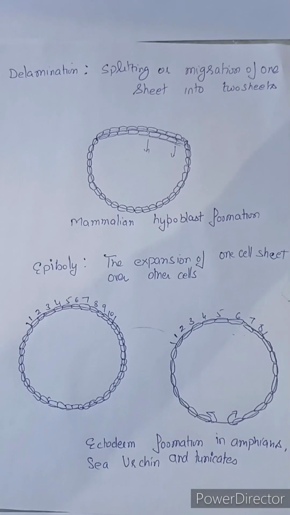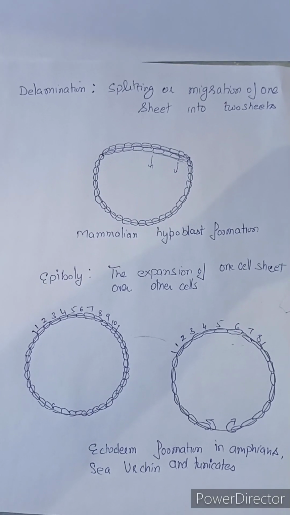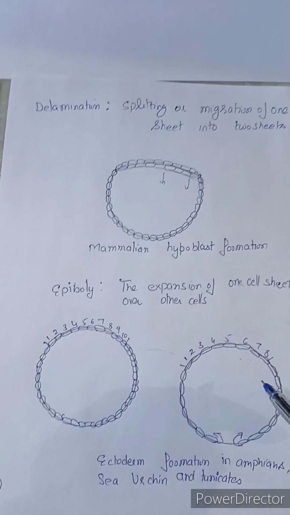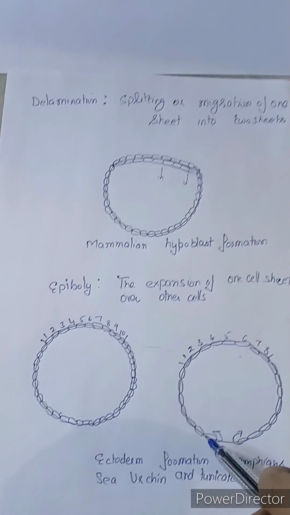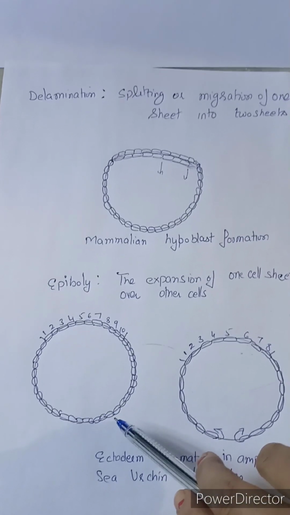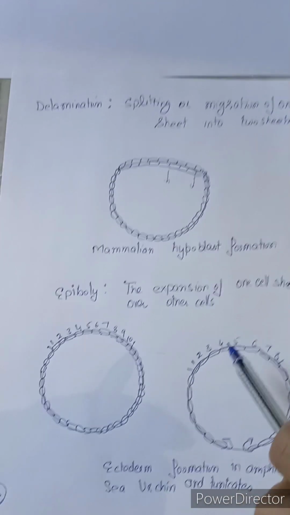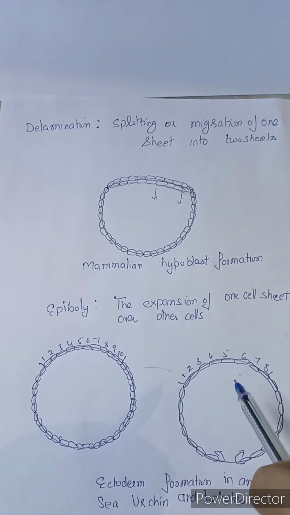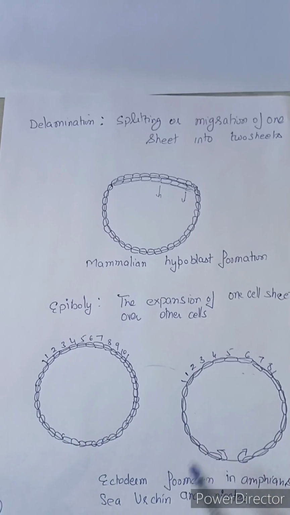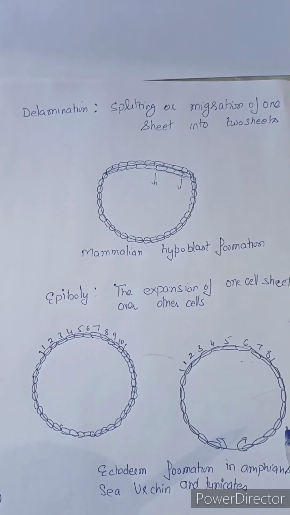If we talk about epiboly, here expansion of one cell sheet over the other occurs. Here the cells usually become thin and flat, and ultimately the cell expansion is there, which actually results in movement of the cells toward their final destination. If we compare both the diagrams, in the first diagram you can see that cells are comparatively thin and small, and in the second diagram you can see that cells become thin and flat. In this manner, comparatively fewer cells are required to cover a surface, and the remaining cells can move toward their final destination. So mainly during gastrulation, different types of cell movements occur.